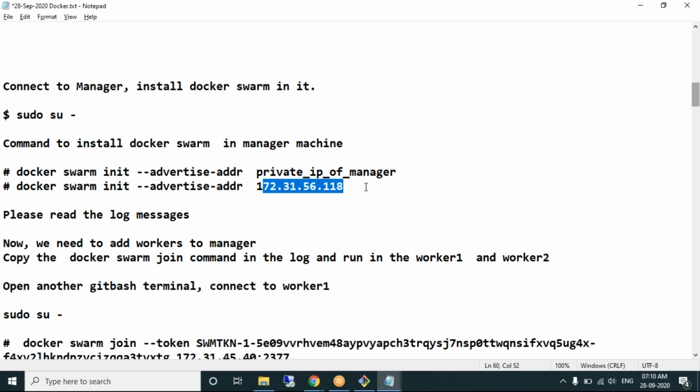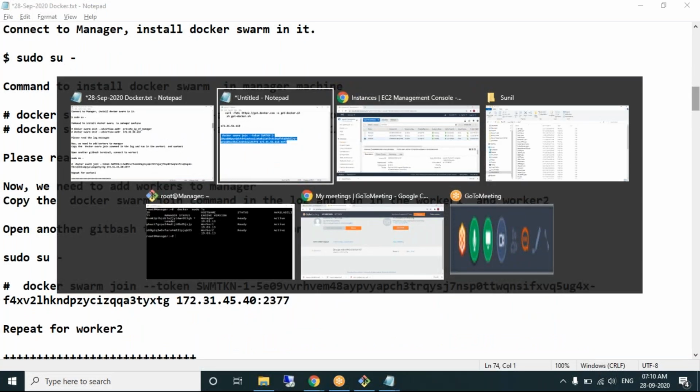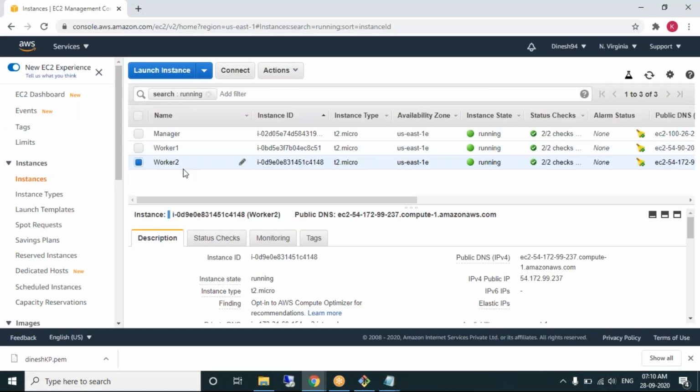Okay, sir. Sunil, what is the use of the Docker Swarm join command? Why are we executing it in worker 1 and worker 2? Worker 1 and worker 2 machines need to be joined to the manager.